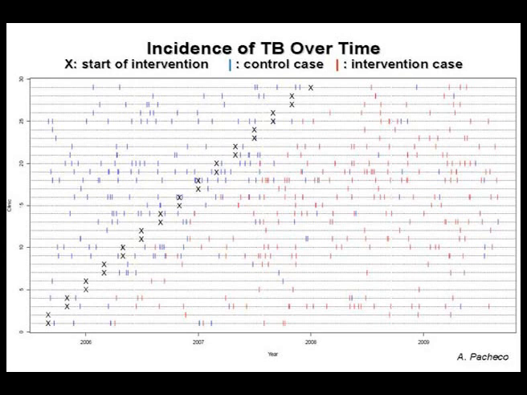And what this does is, in an ordinary stepped wedge trial, you're finished right here. After that, everyone is in intervention phase, and there's no more contrast between intervention and control. There's no more information you can gain on the treatment effect. Not when you're accounting perfectly for time. There is some more information in terms of after minus before. So in a stepped wedge design, you actually have information both vertically and horizontally, before and after. So you do have that added. But here, these cases are still contributing to that vertical contrast that gives us information on the effect. And that is going on up till near the end.